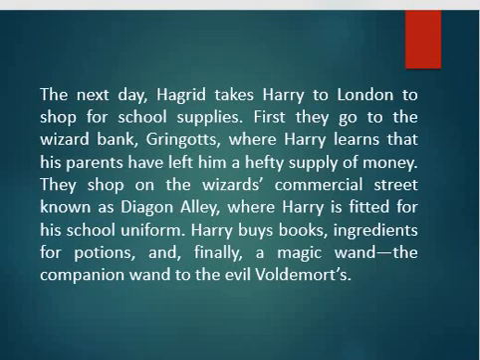The next day, Hagrid takes Harry to London to shop for school supplies. First, they go to the wizard bank, Gringotts, where Harry learns that his parents have left him a hefty supply of money. They shop on the wizards' commercial street, known as Diagon Alley, where Harry is fitted for his school uniform. Harry buys books, ingredients for potions, and finally a magic wand, the companion wand to the evil